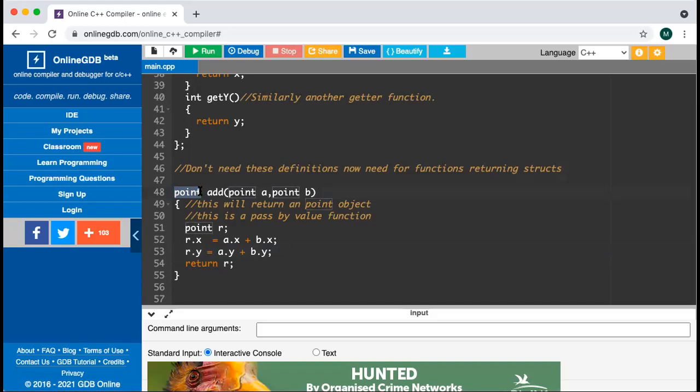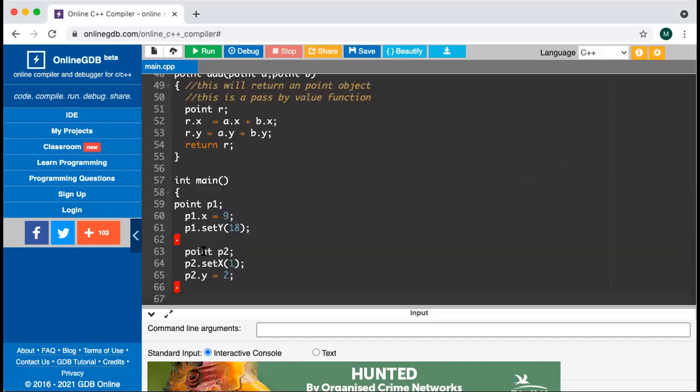So the return type could also be a struct. So this is what has been defined as a function, and this function has been defined outside the struct definition, right? Okay, so let's just write down the main program and initialize some of these values and then see कैसे ये function काम करते हैं. Okay, so